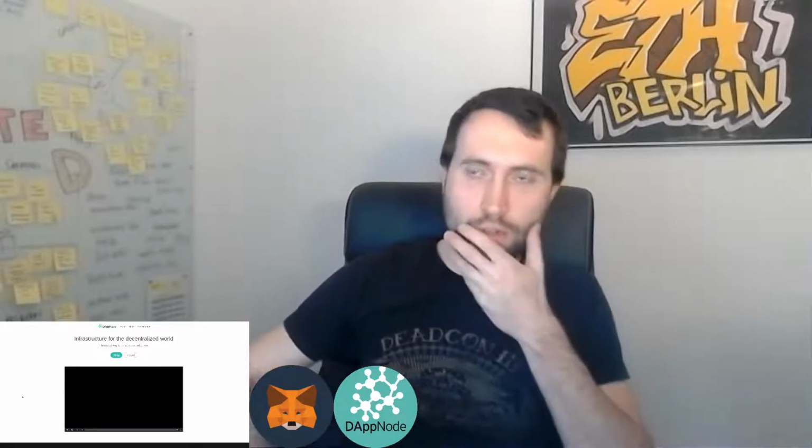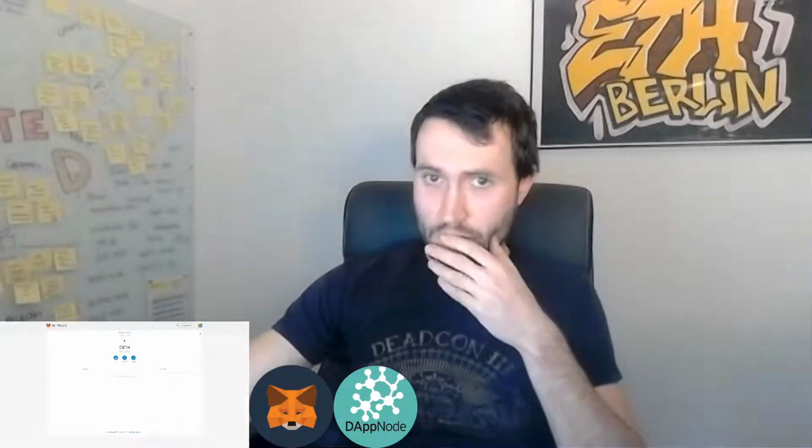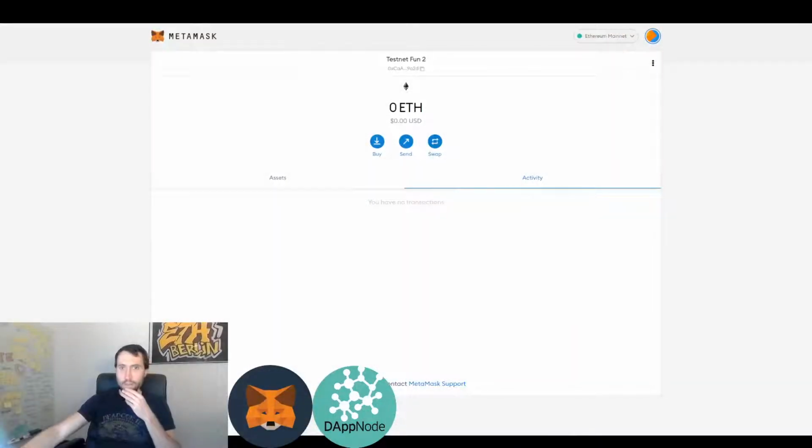I have a very powerful DAppNode, but you can also scale down. If you are into NFTs or into DeFi and you just need Ethereum, you can also get a smaller one and just run an Ethereum node. Today I want to show you how this looks, and I opened up a MetaMask here